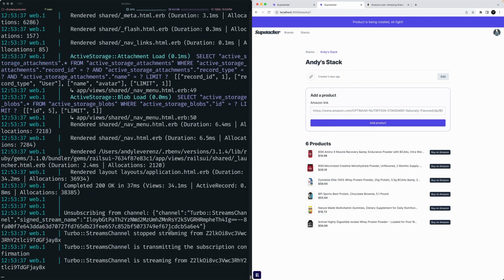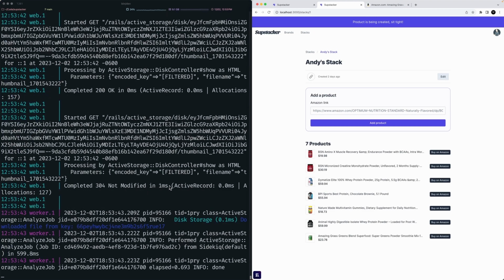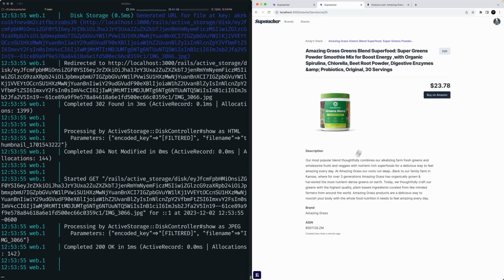Now you notice I do have some Turbo stuff in the background, and also background jobs running. That's a pretty taxing task, but you saw it just added itself to the list here. It seems pretty straightforward, but there's a lot going on there. I'm actually going to the website of Amazon, finding data on that view, importing it into our app, grabbing the ASIN number, which is an Amazon specific ID number, and then getting a link